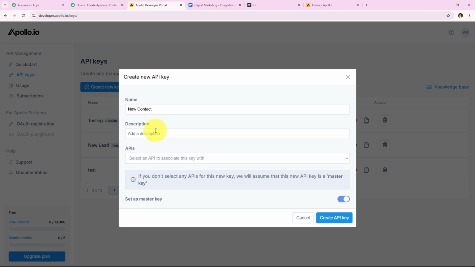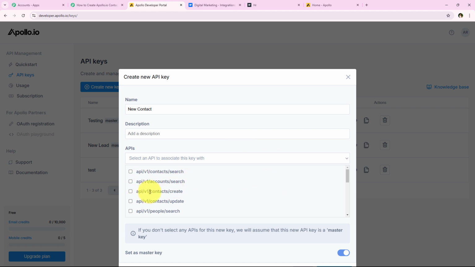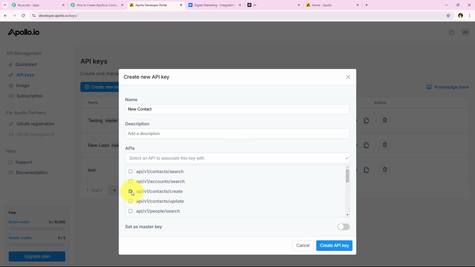We are going to move on forward. It is asking me for the description. So this is optional, so I'm just going to leave it blank. Now for the APIs, I'm just going to select contact / create because I want to create the